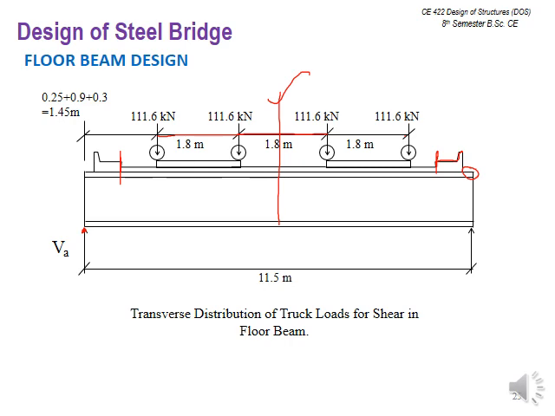So you are placing your truck loads with the equivalent loads again for the shear also. For the shear you are going to place it like this. This distance you can calculate by yourself, because in between we know this is 1.8. So whatever leftover distances you can calculate and write over here. It will be 1.45 meters.